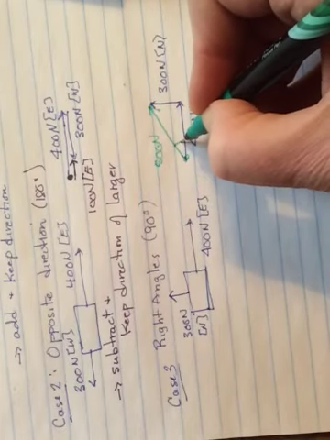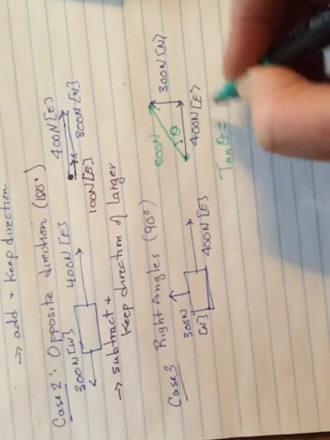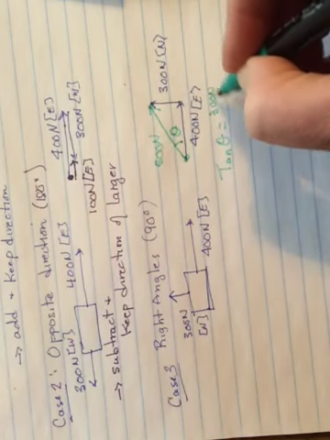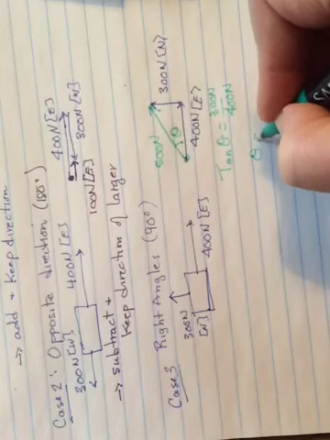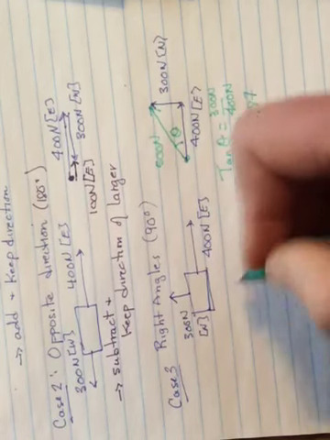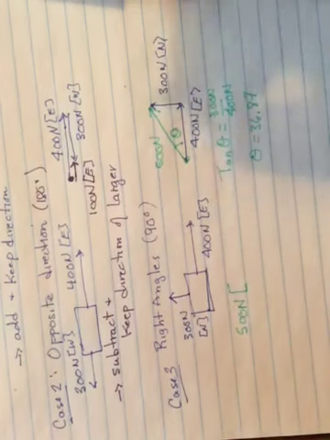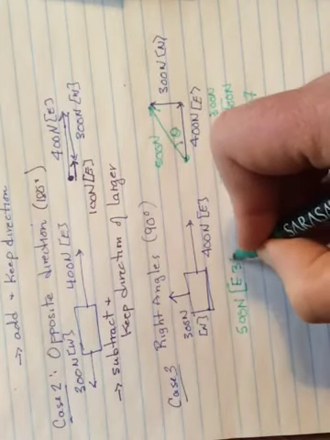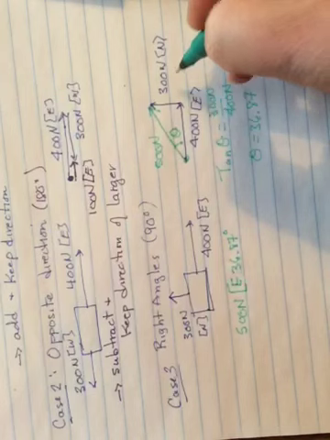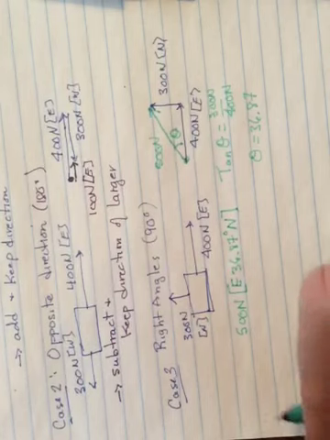But we also need a direction. So you would need to find this angle, and you would find this angle by doing tan theta. Tan theta would be equal to 300 newtons over 400 newtons. Inverse tan of 0.75. It's 36.87. And so our final answer here would be 500 newtons, and then you would do a square bracket, and this angle is off the east, so you would write east first. And then you would put in your 36.87 degrees, and then you turned north, so you would put north here, and that would be your final answer. There's a fourth case